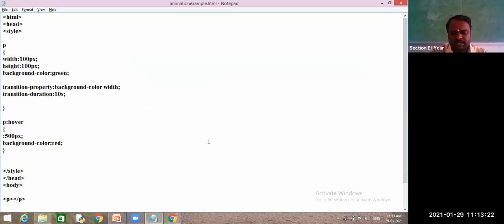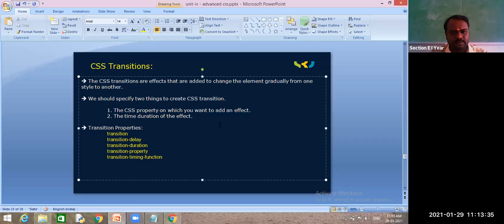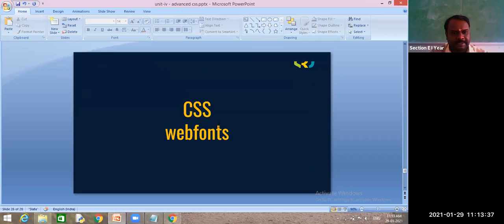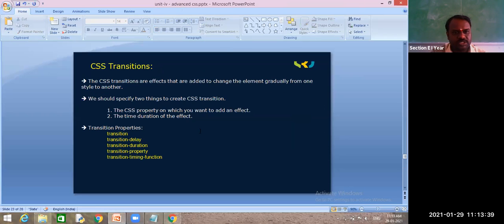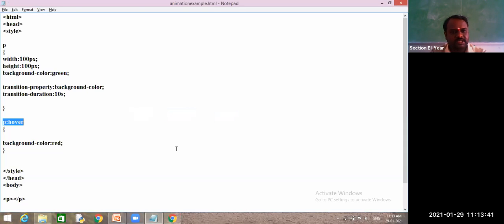We'll do some other modifications. There are no changes, but for width and height, even if I write anything, this animation property applies.